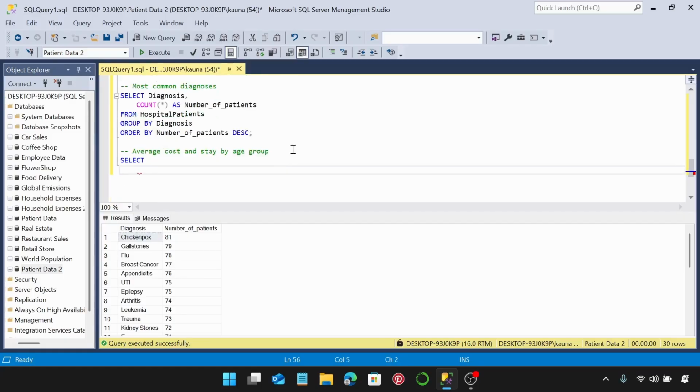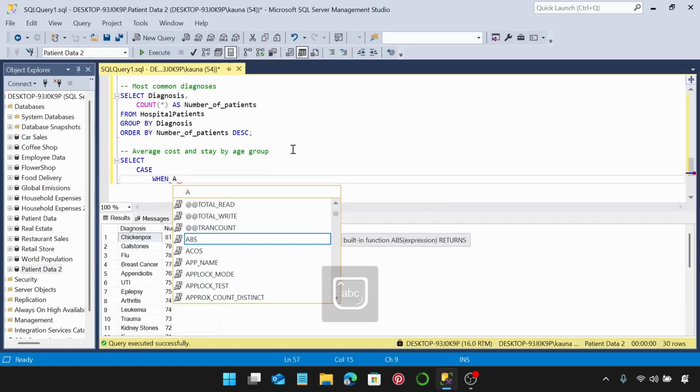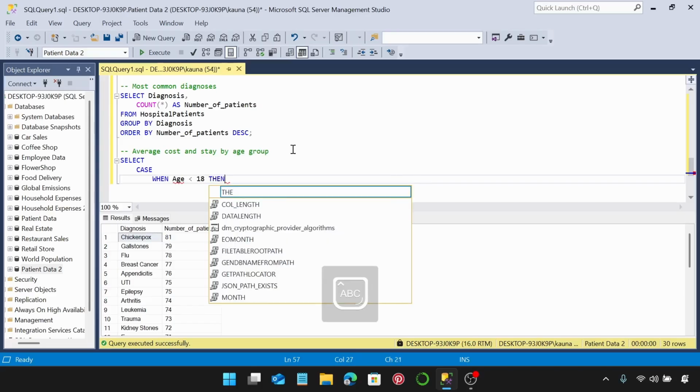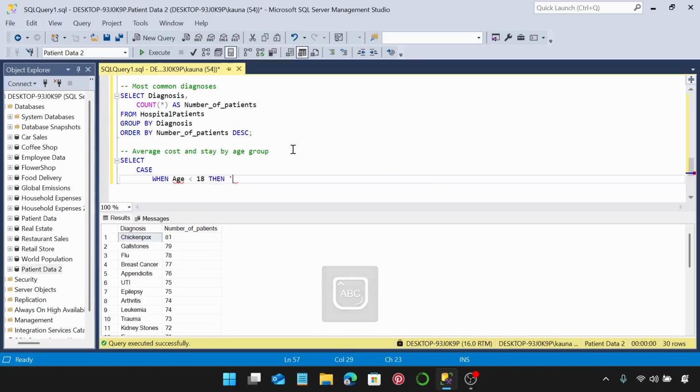So let's start with when age is less than 18, then we're going to call that group under 18,